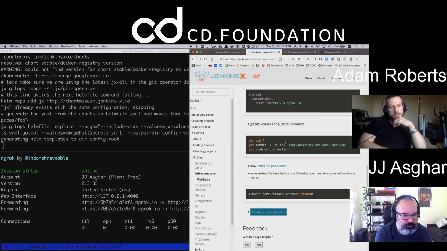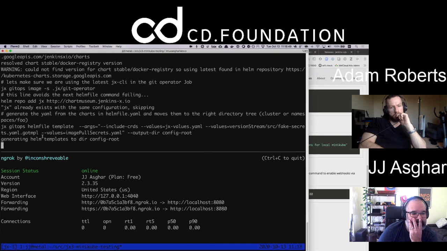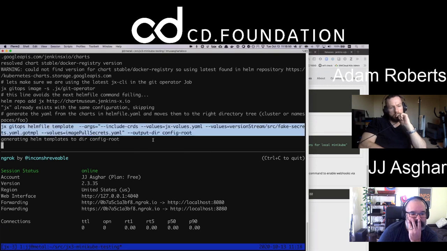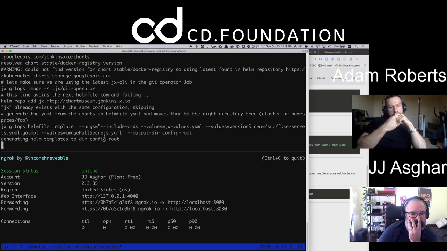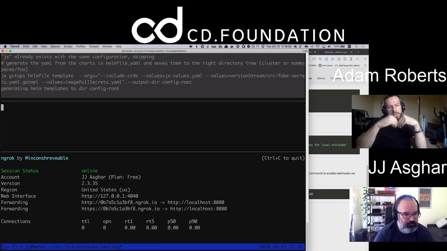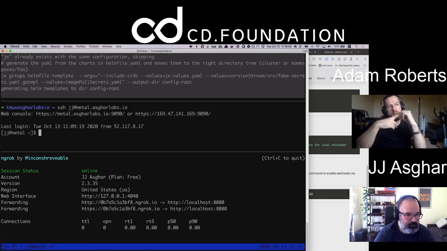So I definitely already saw that Helm repo add command happen earlier. So now it's using JX GitOps. Okay. So are your files changing on disk, JJ? If you were to get a separate shell up, maybe just do a git status in this directory. I wonder if it's either placing things on disk or just modifying something in the kube environment, aka with the tiller for Helm with the pods.